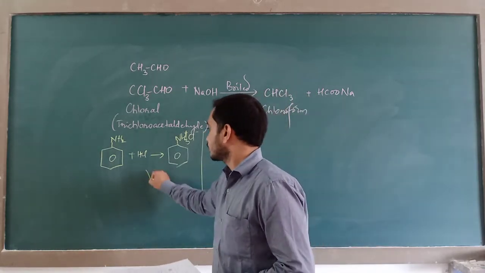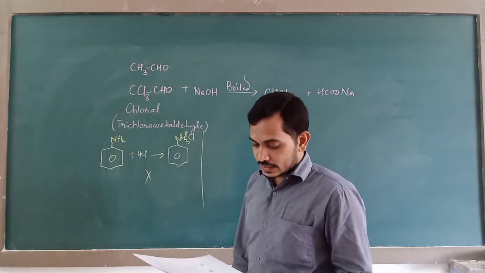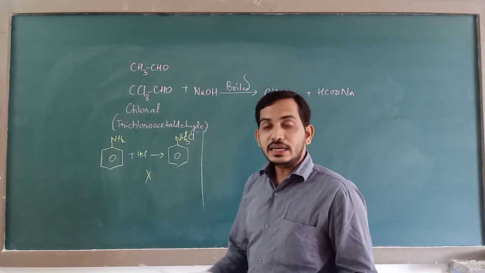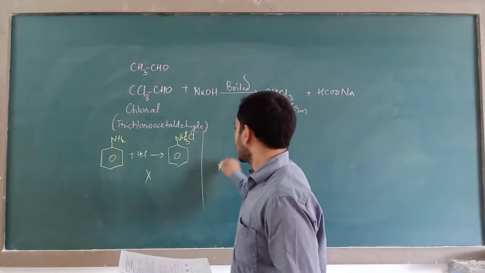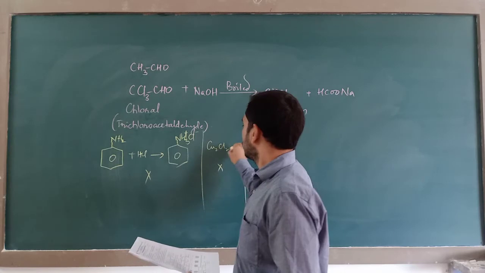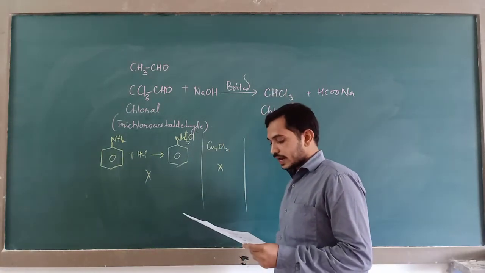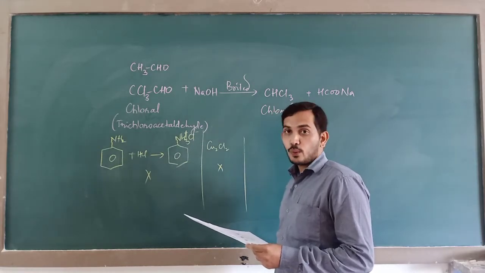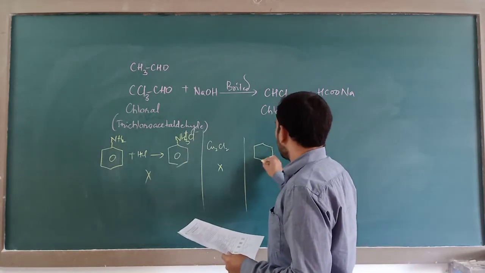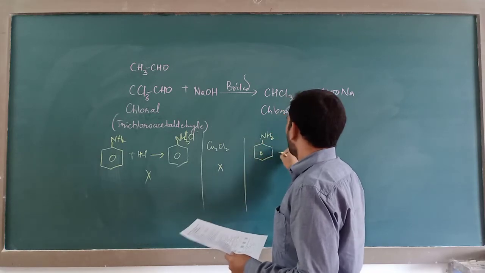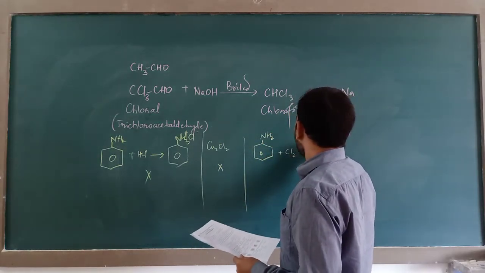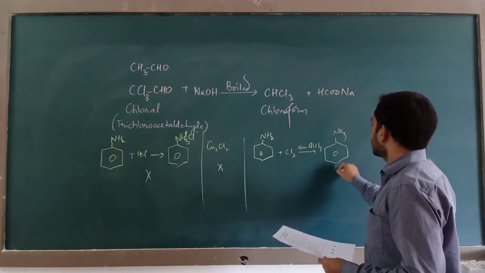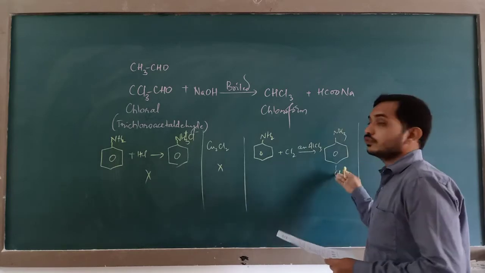Then second, it says reacting simply with cuprous chloride. Aniline does not react with cuprous chloride. So second option is also wrong. Then third, it says react with chlorine in presence of anhydrous AlCl3. No. If you are reacting aniline with chlorine in presence of anhydrous AlCl3, it might undergo chlorination at para position. So this would be the product.